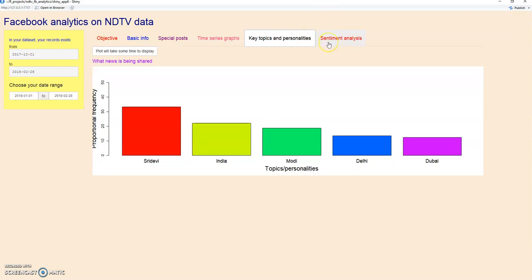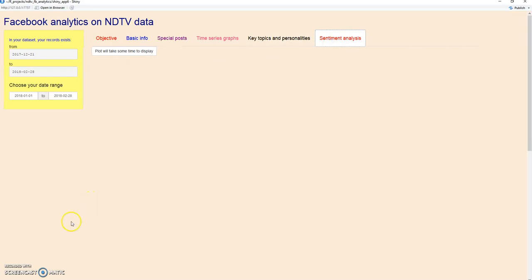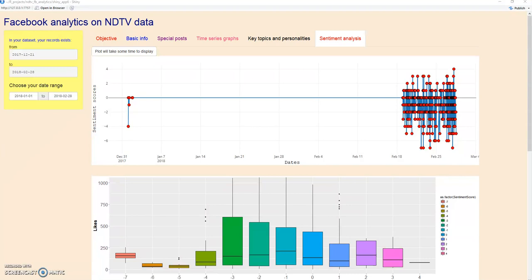And lastly, let us look at the sentiment analysis of NDTV's shares. What I've seen is that for 2 months of data, it takes approximately 1 minute to do this computation intensive task. So now that the sentiment analysis plots have been generated, let us look at the sentiment of NDTV's shares. What we can see over here in the first graph is that we have a couple of data points for the first 2 days of January,